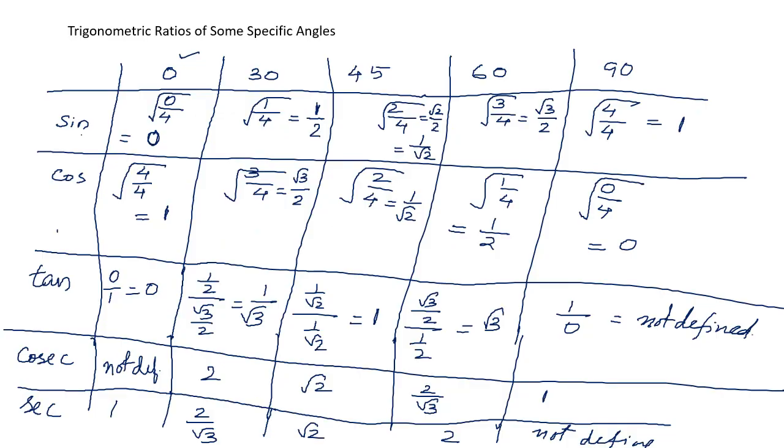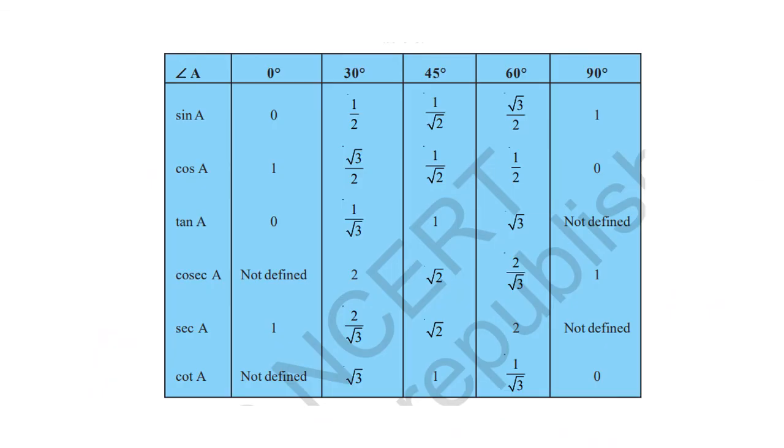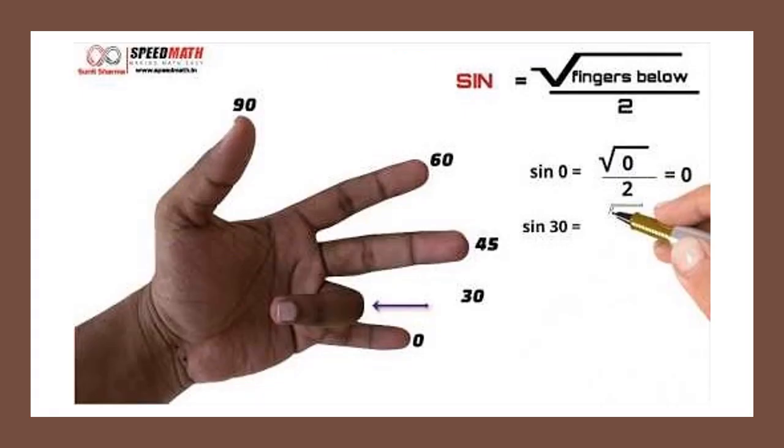With this, be remembering all these table values. You have to learn these table values by heart. I told you a simple trick to remember the table values. So these are the values you got. 0, 1, 0, not defined. This is how we are going to get it. I told you a simple trick how to find it. There is one more trick that you can see. This trick is also there. So we can watch that trick.